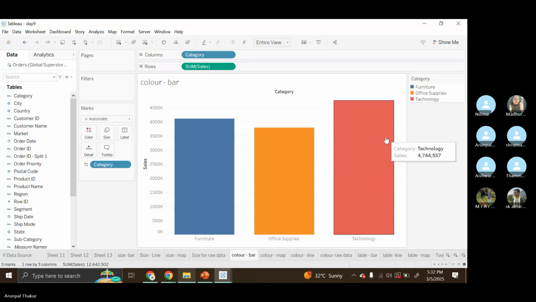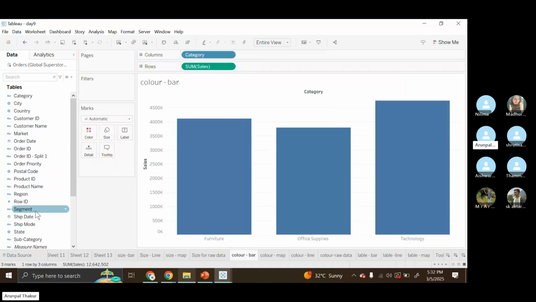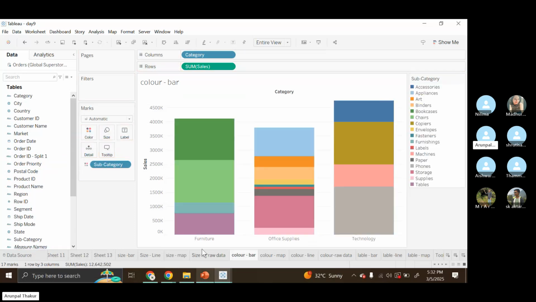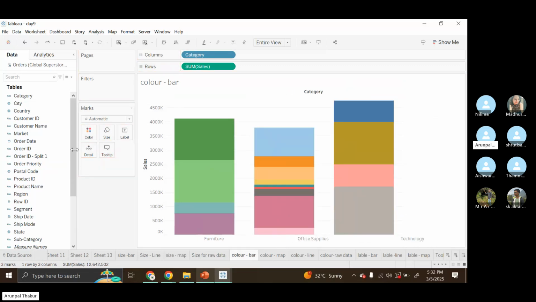Now if I put subcategory, in each category there are some subcategories, right? When I put subcategory into the color, see, in furniture I have tables, chairs, furnishings, bookcases. Here appliances, art, binders, envelopes, fasteners, labels, and all this. Now if I remove this subcategory and put market,